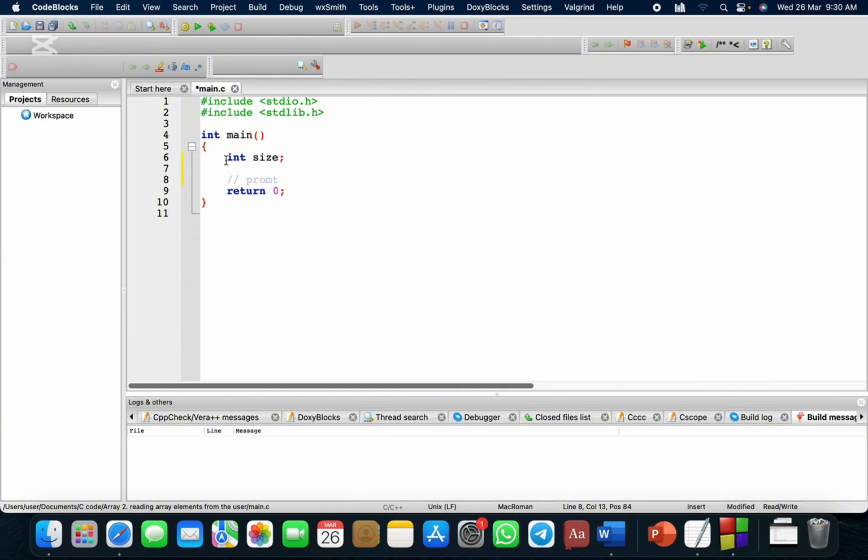So we're going to prompt the user for the size of the array, and it's going to be printf, "Enter the number of elements in the array." So this will prompt the user to enter the number of elements in the array, and we're going to read